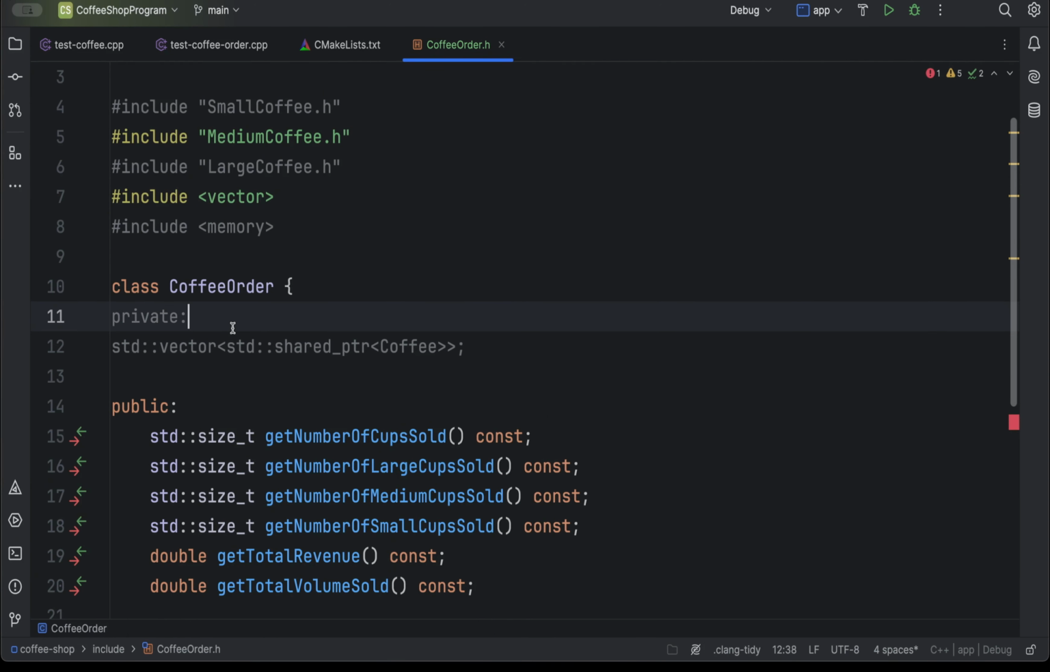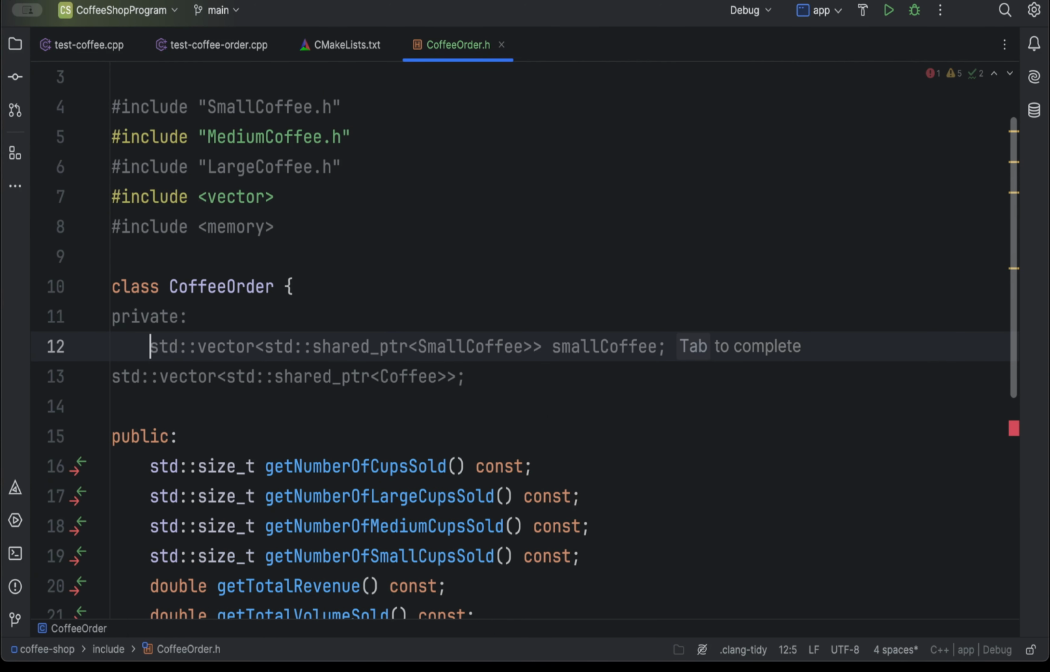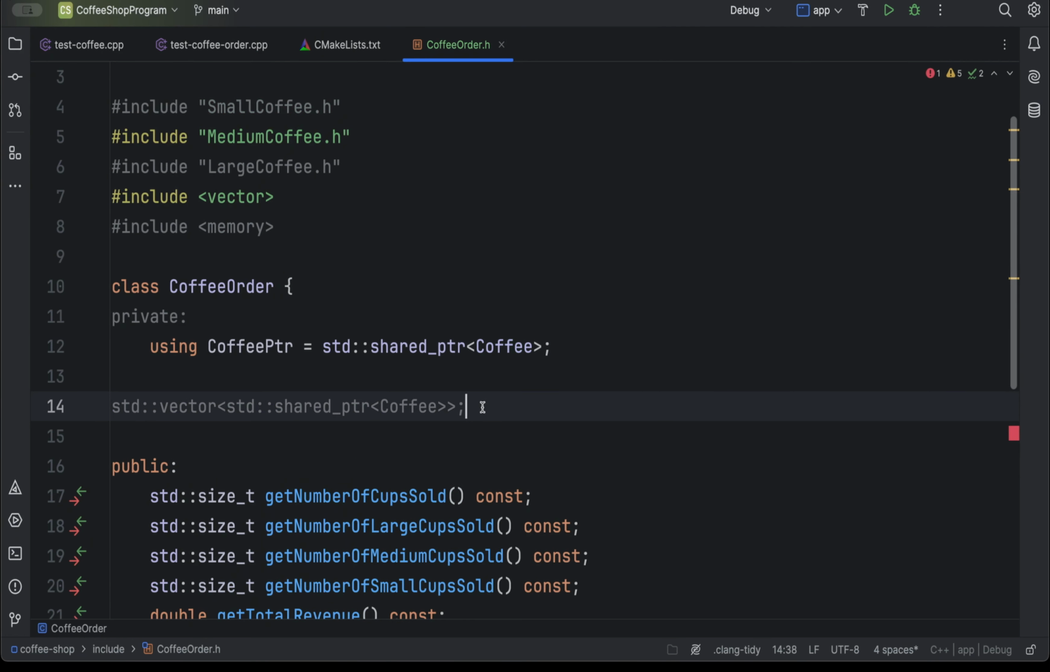It's kind of long, right? I always like using aliases. So I'll do it like this. I like using CoffeePointer to be equal to shared pointer of a Coffee. And I will call this one now standard vector of